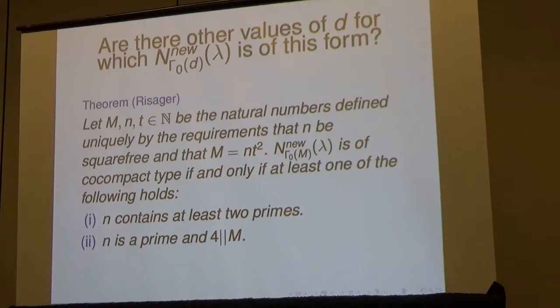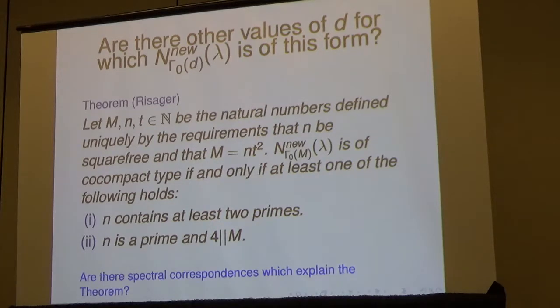And so in that context, we can see that gamma 0 of 12, the question that I started with, is one where we have a spectral counting function for Maass new forms which is of co-compact type, and the issue is whether there is something interesting about gamma 0 of 12 that gives rise to that. Well, it turns out that